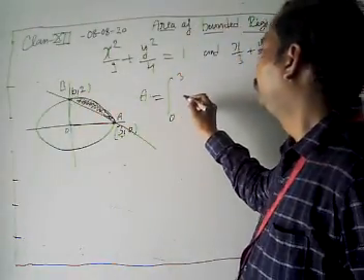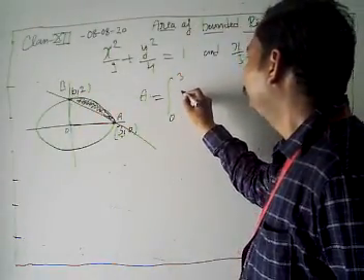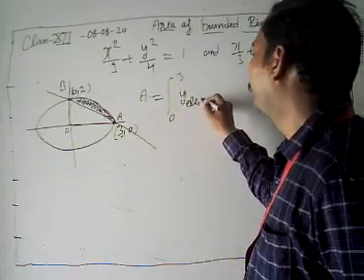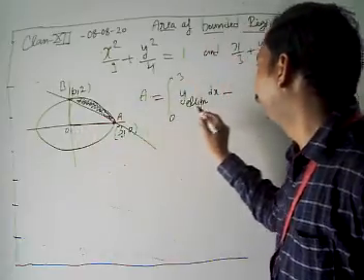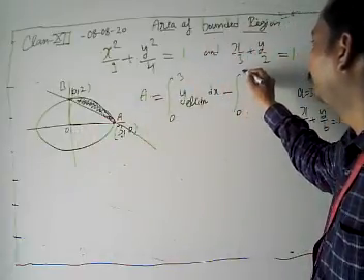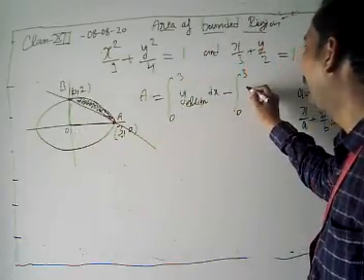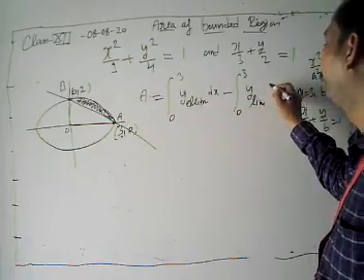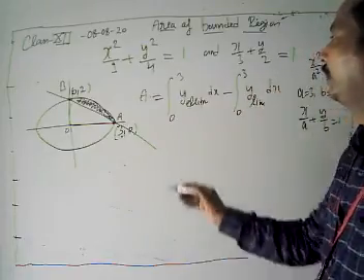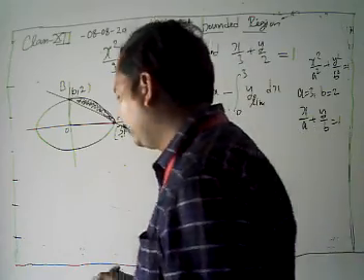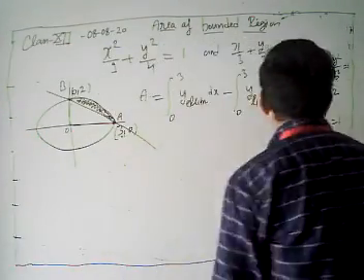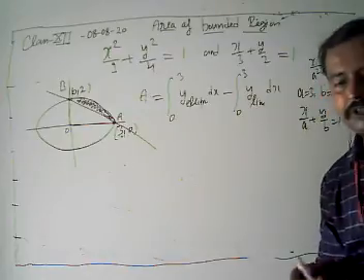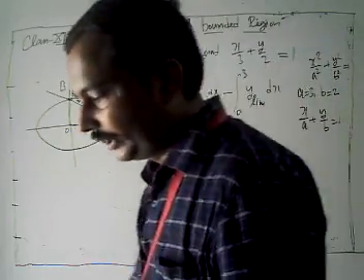Look, here the y is for the ellipse, dx, minus the area made by the line, 0 to 3, y dx, where y is given by the line. Look, we have to solve it. The ellipse is x square by 9 plus y square by 4 equal to 1. First of all we have to solve our equation, putting the value of y.